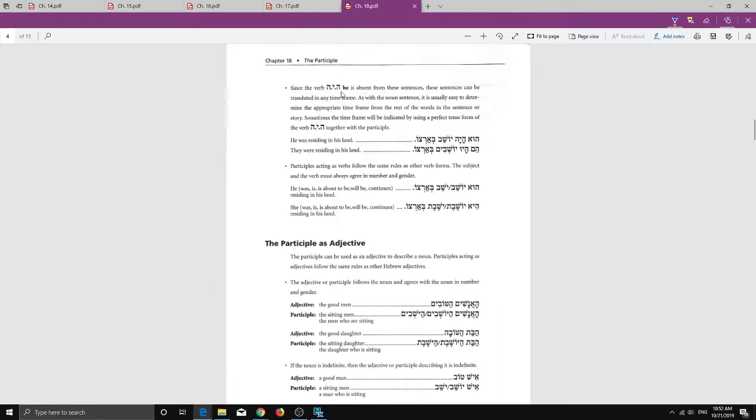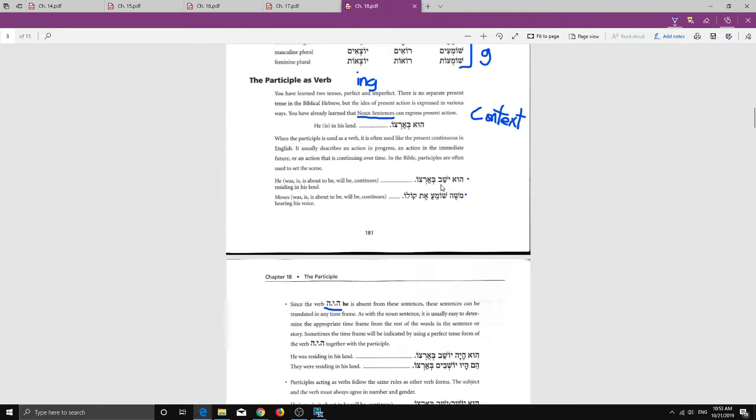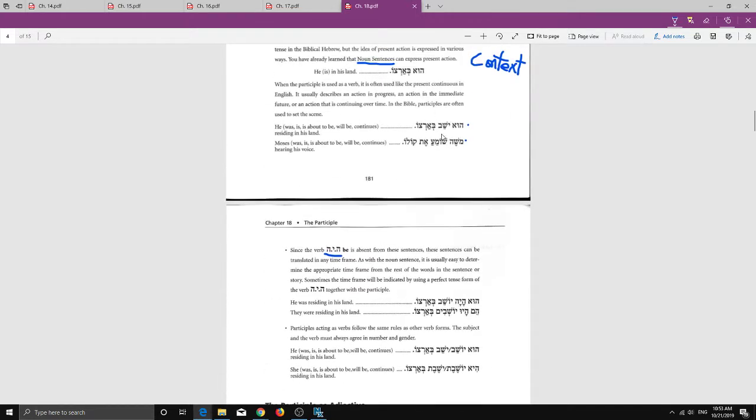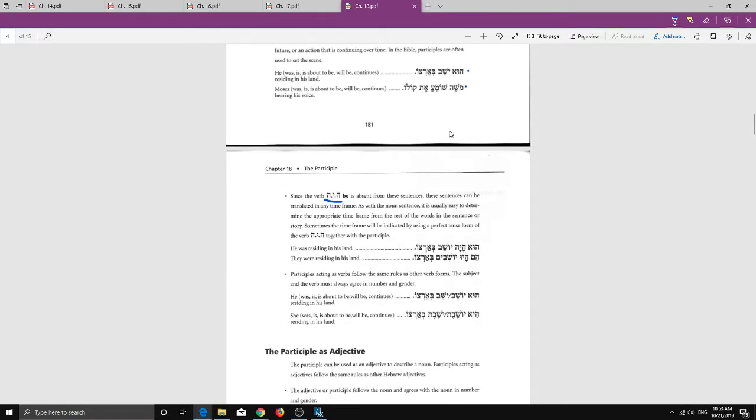Now we can add our verb hayot, the to be verb, to give more of a tense to this, either in the past or the future. Well, rather in the perfect or imperfect, really. And that will allow us to fix that into a time frame. Without it, obviously there is no time frame. There's no necessary time frame in a participle. And that's why we have that flexibility where we can translate it in the present, the past, or the future, because there's no real time frame to a participle like that.